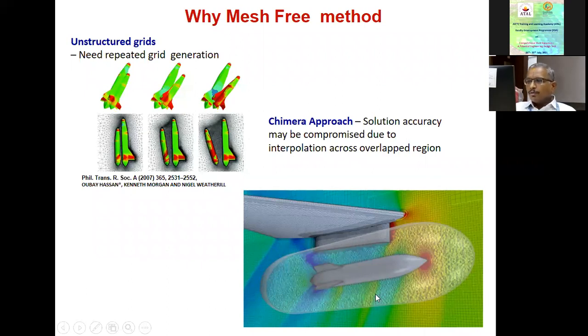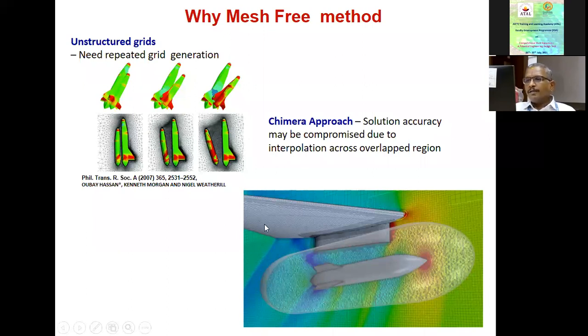This separates out, and there are studies which are required to know whether the body which is released will safely separate out from the parent body, or whether the aerodynamics could be such that it could hit back to the parent body, which is definitely not desired. So these are the kind of problems where the conventional methods of grid generation would become quite difficult, if not